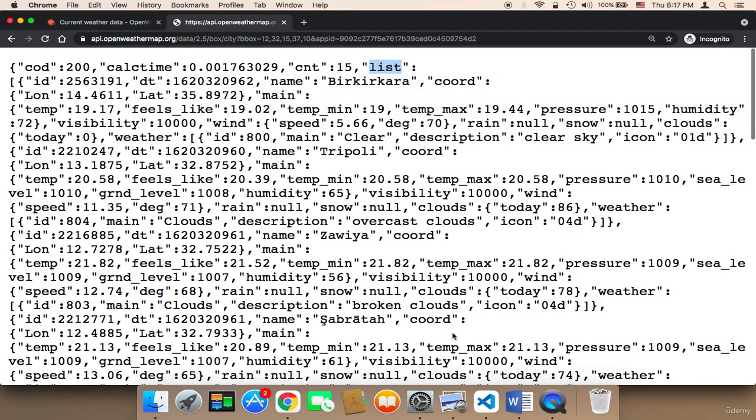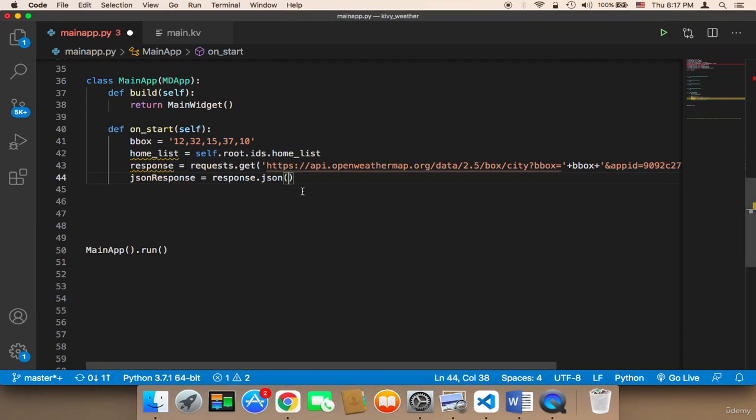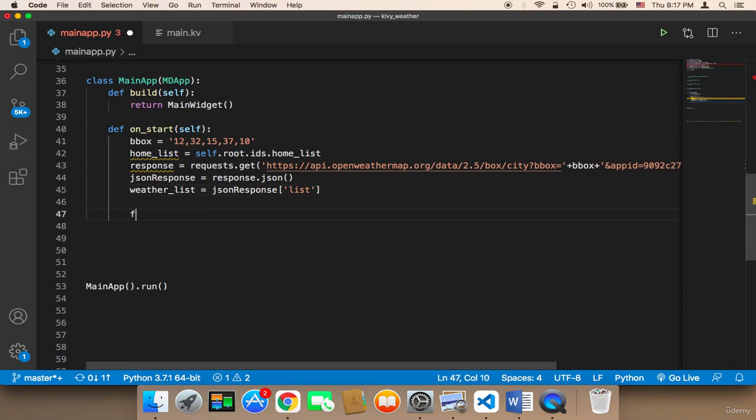So we need to access this list. To access this list in our application, we need to come over here, and then we need to say JSON response, and then we need to access the list. And then I'm going to store this in a variable called list. So list is going to be equal to response list. I'm going to say here weather list. And then we need to loop over this list because this is an array. So I'm going to say here for item in weather list,